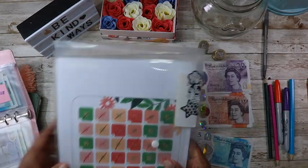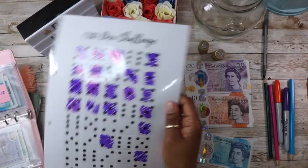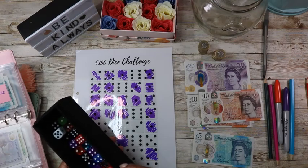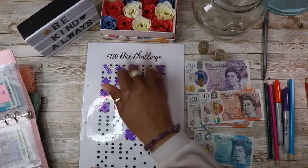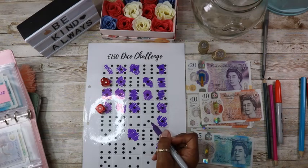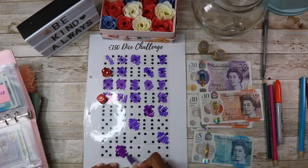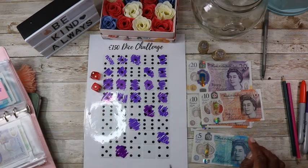I'm going to do the big dice challenge now. I will do 2 reds. Okay, so that's 2 and a 3. Let's see if we've got 2 and a 3. And see a 3 here. And a 2. That's 2 and a 3. 2 and 1. That's